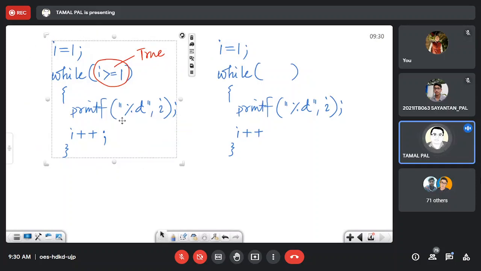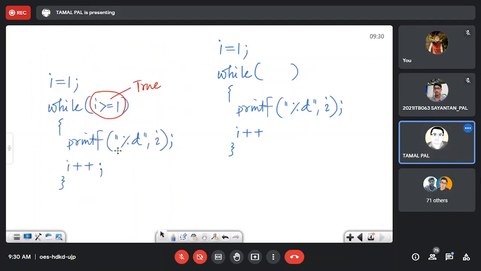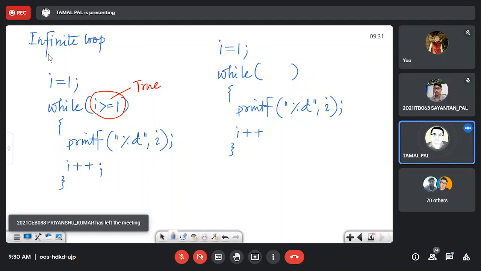You have to bring it down a little bit. Or always true loop.